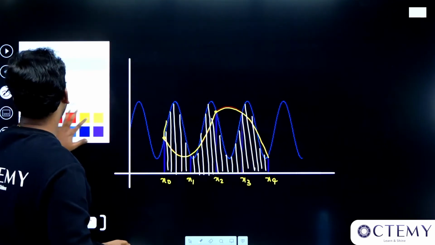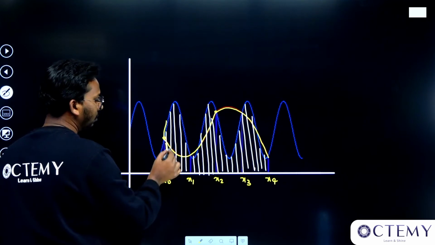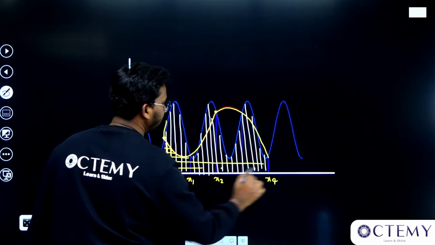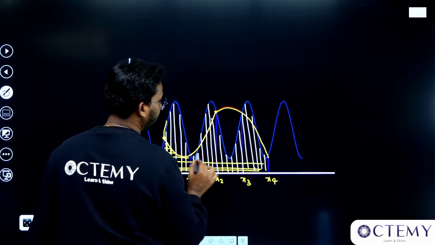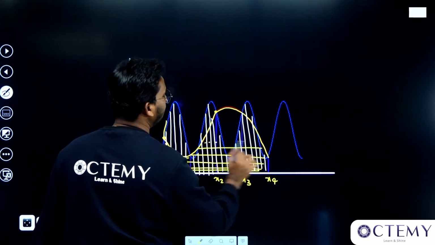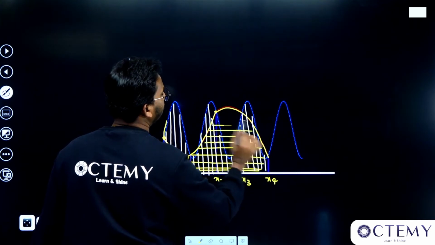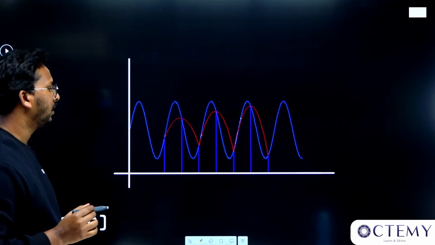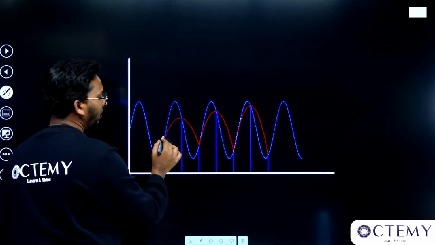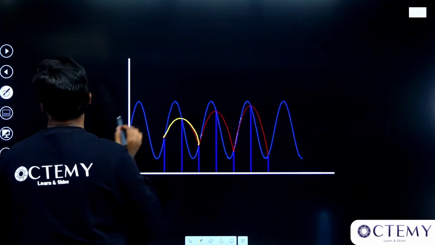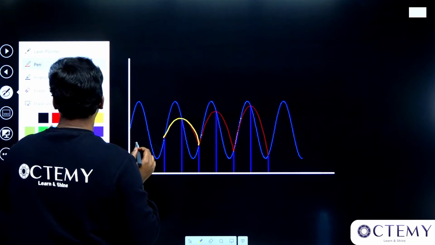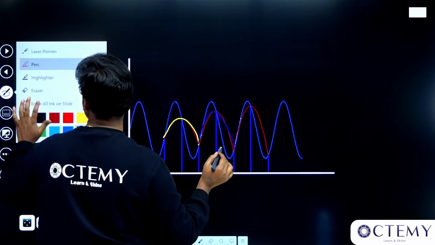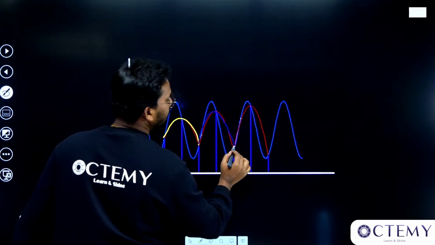So the thing which I am getting is this yellow color area, sir. That means there is still a lot of error. So basically, since there is a lot of error, you have to increase one more point. So what did I do, sir? I have increased one more point, and between these two one parabola, between these two another parabola, and between these two another parabola, right, like this.